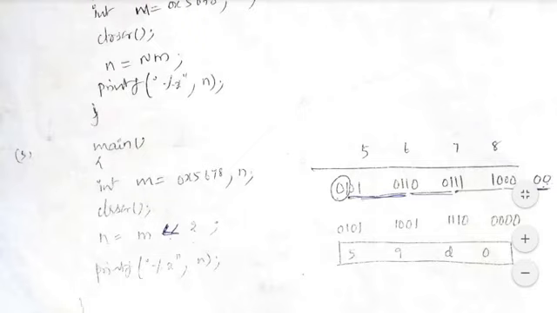So it becomes 0101, 1001, 1101 and 0000. It is again converted back to hexadecimal. 59D0 is the answer. This is your left shift. Similarly, you can practice right shift. Left shift by 2 adds 2 zeros on the right hand side. Right shift means add zeros on the left hand side and cut the digits on the right hand side.